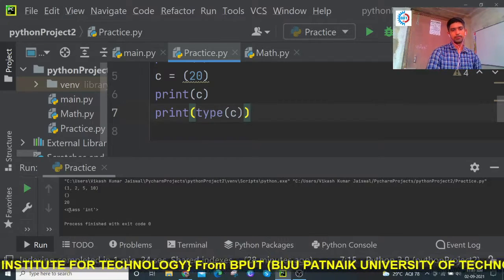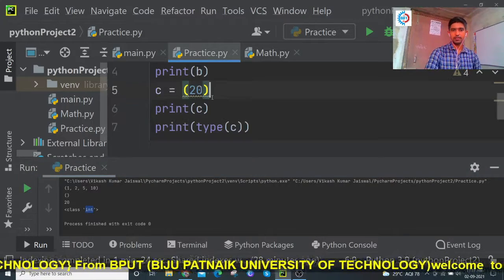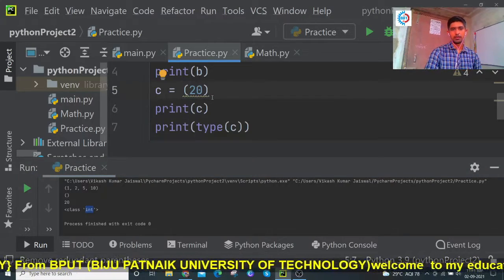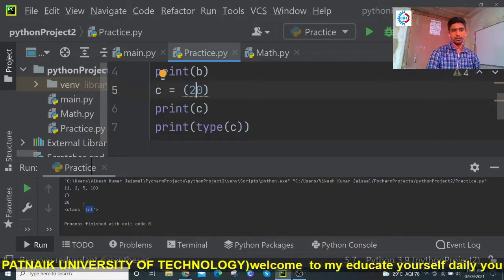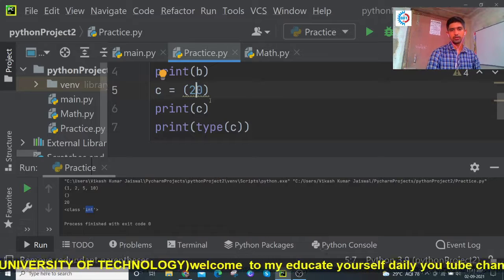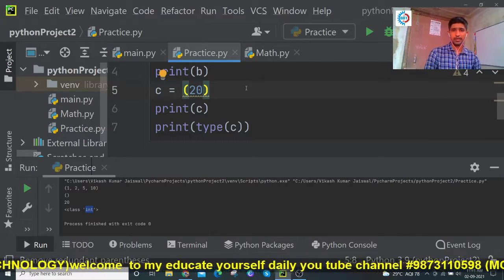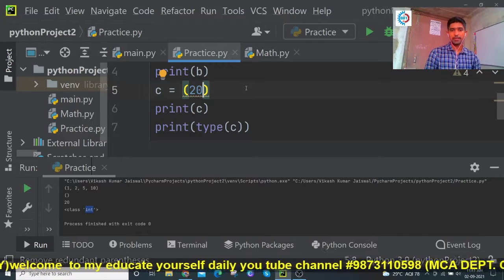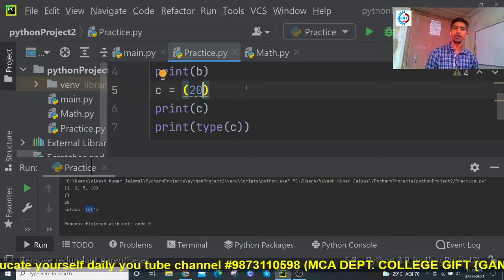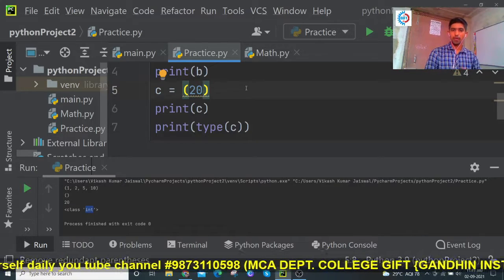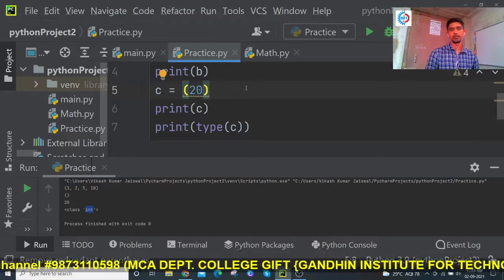This gives class int. I created it as a tuple, but it shows an integer class, because I haven't given a comma after the element 20. If you haven't given a comma, it will be understood as an integer.